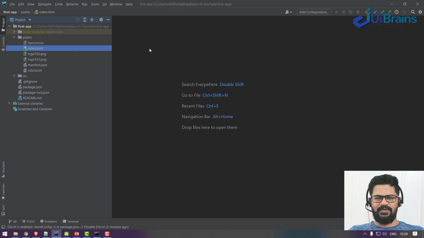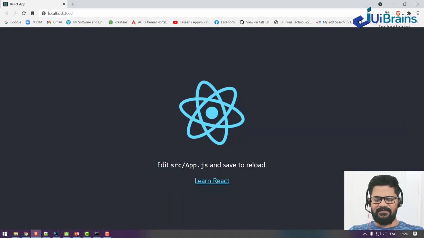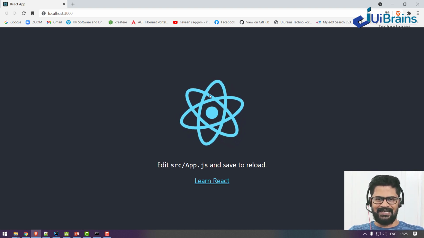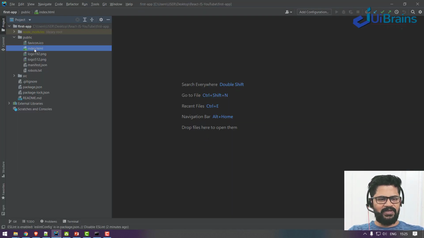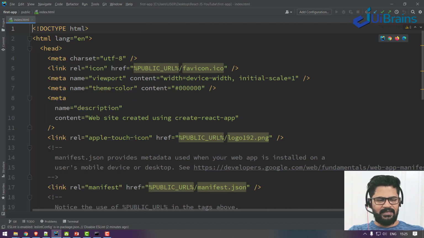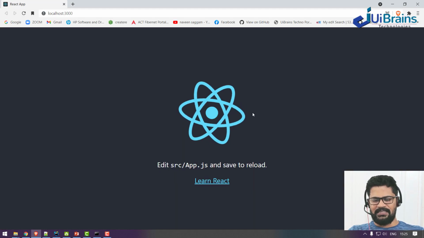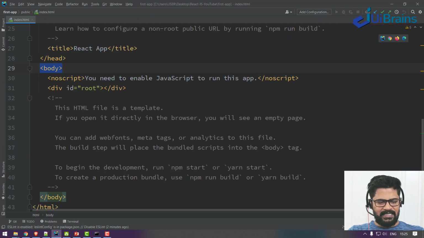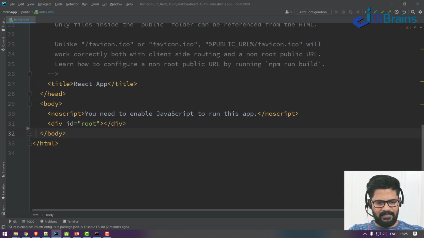Okay, and if you know a little bit of HTML and CSS, in the HTML file, where does this content come from? The body tag, right? HTML will have a header tag and a body tag. So this is coming from the body tag. When you open the HTML, it has a huge number of link tags, meta tags, lots of things, but now focus on the body tag, because this content obviously comes from the body tag of your HTML. In that body tag, there is some comment. I'll remove the comment. Now check.